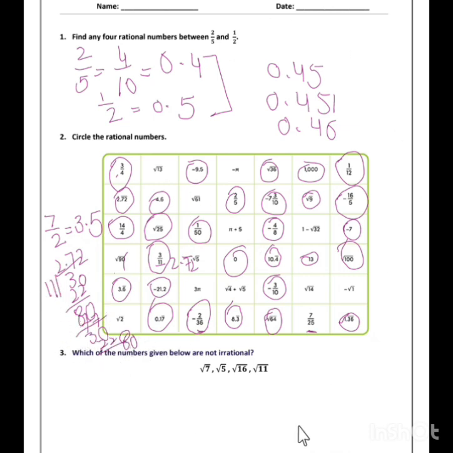All right, so then moving on to question number 3, which of the following numbers are not rational? Square root of 7 is irrational. Square root of 5 is also irrational. Square root of 11 is also irrational. Only square root of 16 is rational because the answer is 4. It's giving you a rational number in the answer. So moving on to